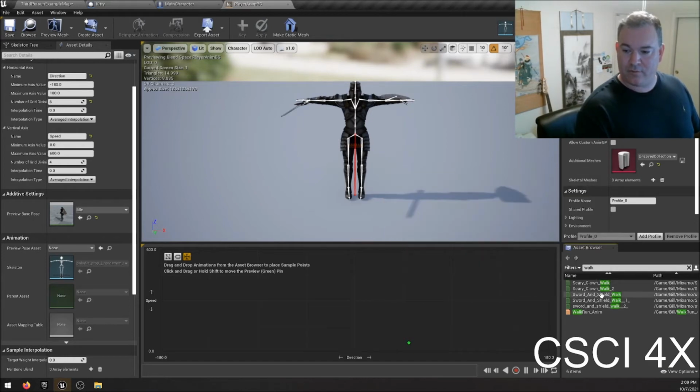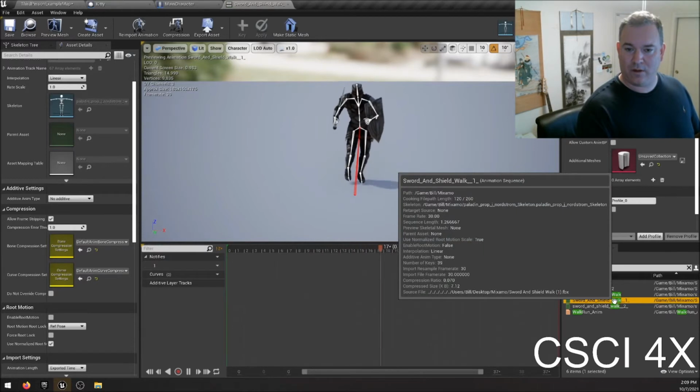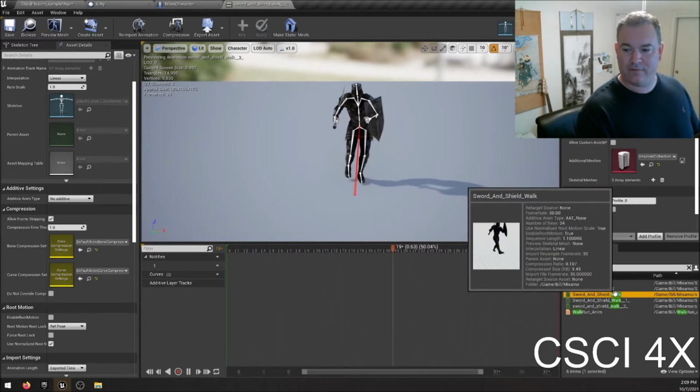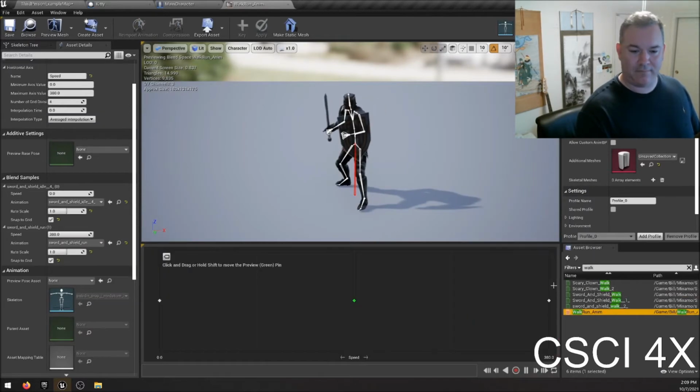And so I've got sword and shield walk. Looks like that. Sword and shield walk 1, which is backwards. Sword and shield walk 2, which is also backwards. I don't care about those. I just care about the forward walk. Okay, so I'm going to go back into my